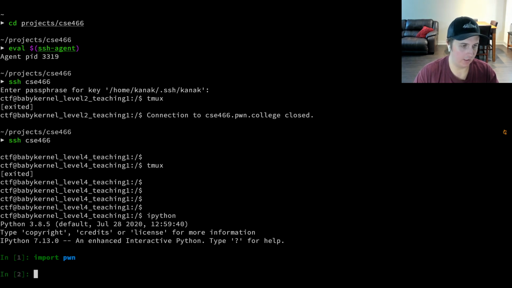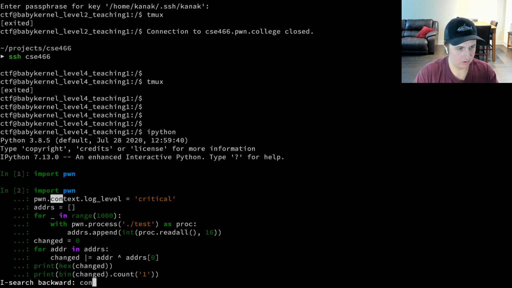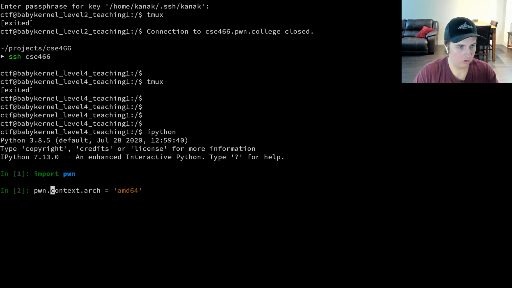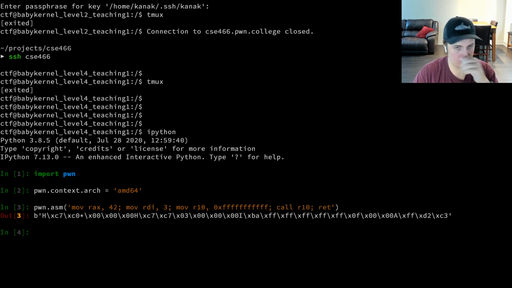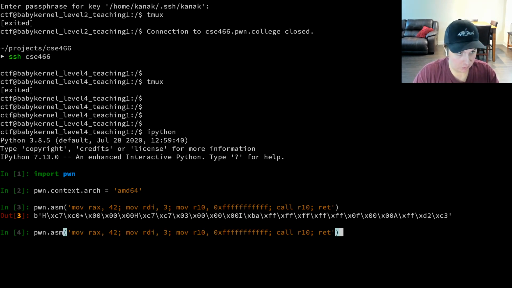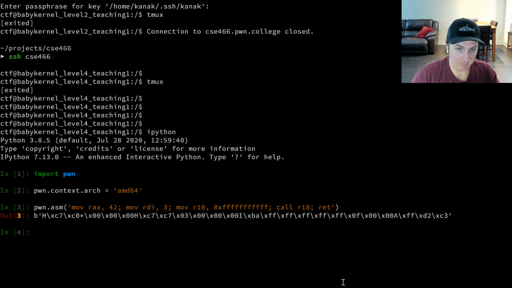So if you do like import, or context arch equals this, and then do like pwn asm, mov rax 42, mov rdi 3, ret or something, or like maybe you want to do mov r10 some address, and then call r10 and then ret. Let's say your shellcode looks like this, which is complete nonsense, but just for demonstration purposes,